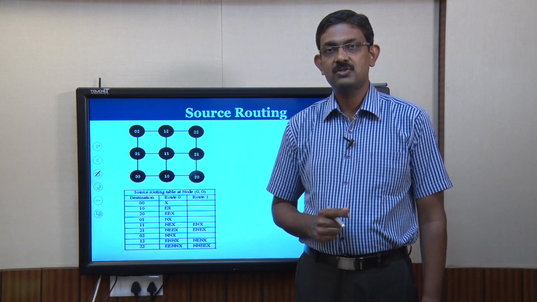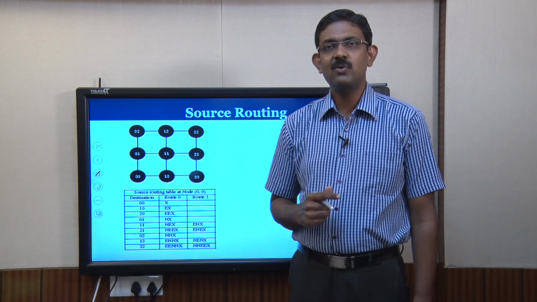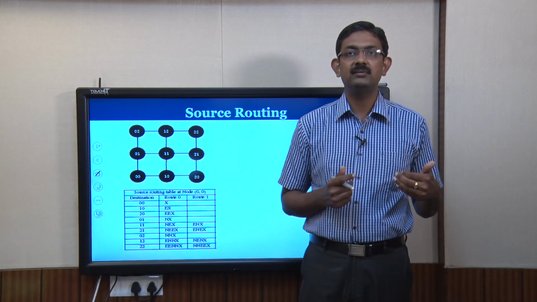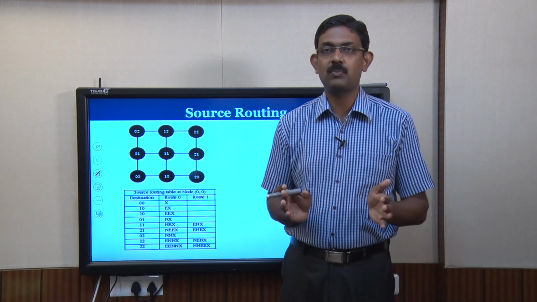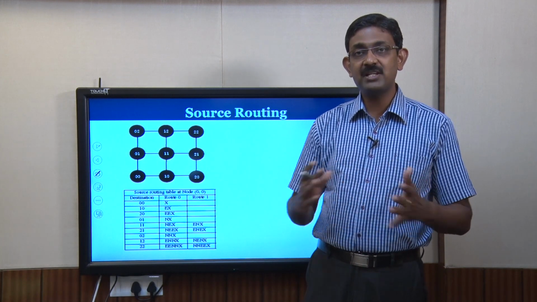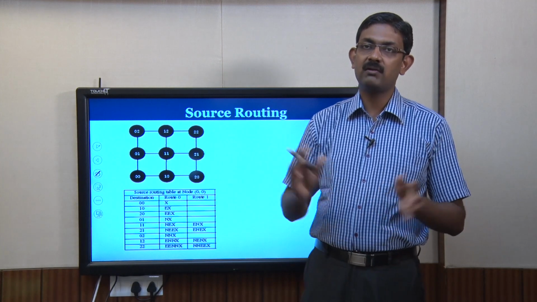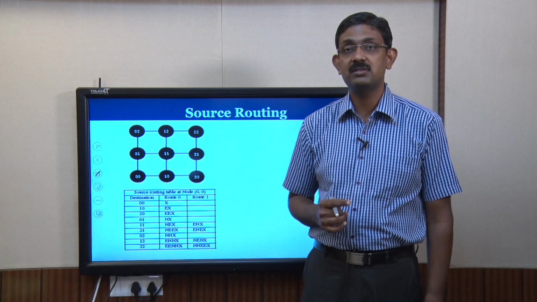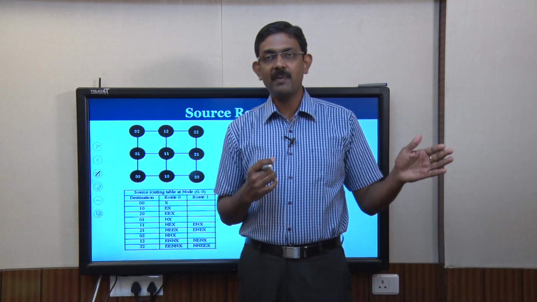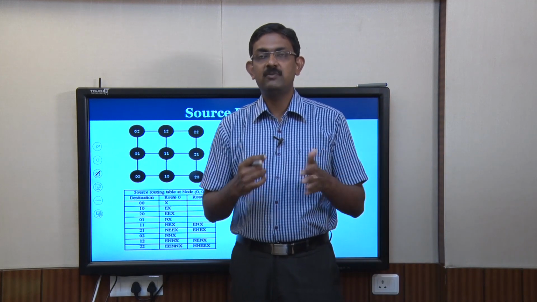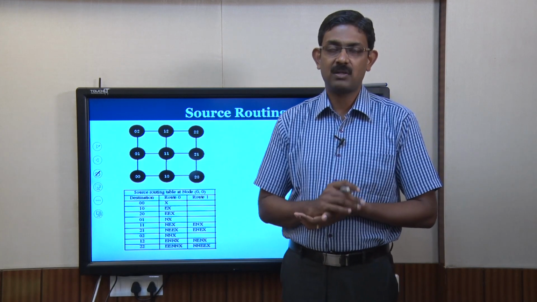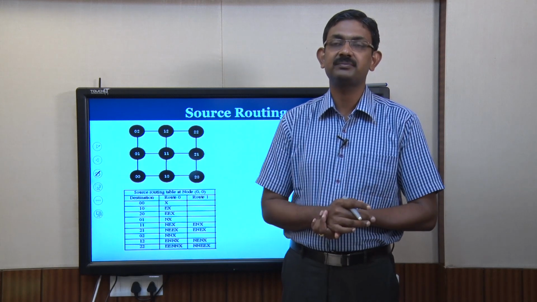This is known as source routing. Source routing is the concept where, when a packet starts from the source tile, it knows what turns it is supposed to take at every intermediate junction. We know that when you use a mesh topology, each router will have four neighboring routers, one in the north, south, east and west. So, when the packet travels through the network, it may reach a four-way junction. Sometimes you may have to take a north transition, sometimes south, sometimes east or sometimes west.